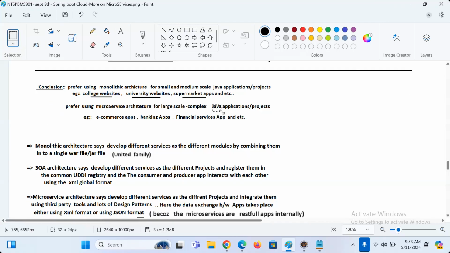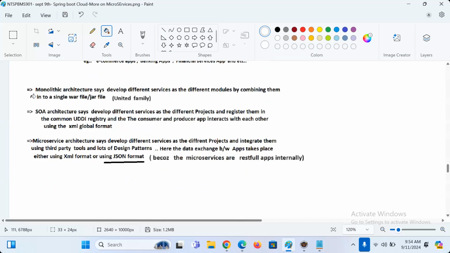Large scale complex. E-commerce applications, banking applications, financial service applications are generally developed by using what?